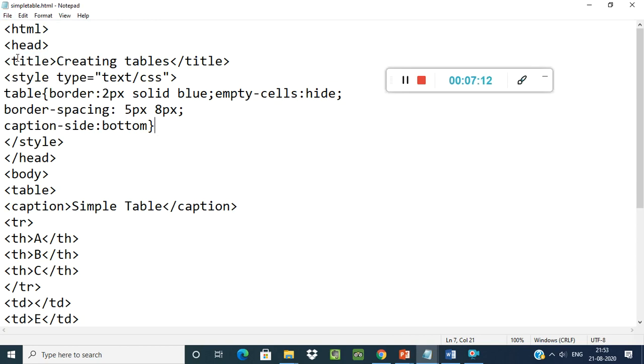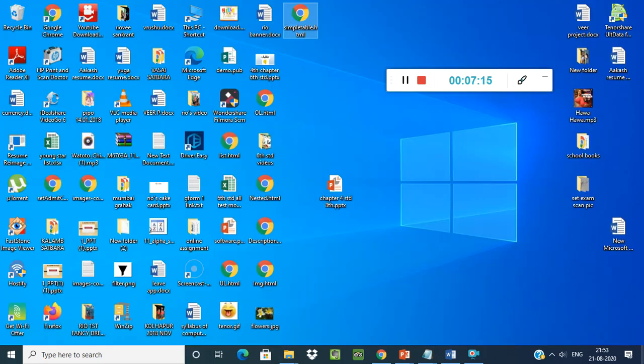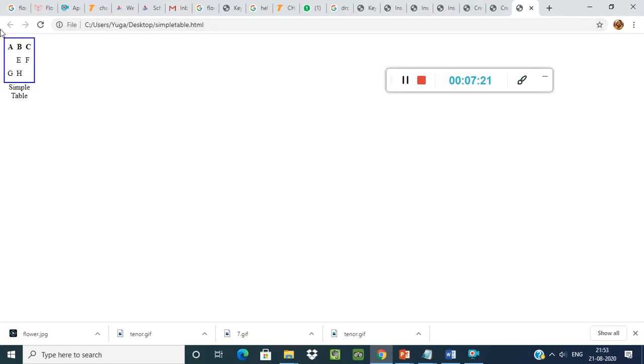Save your program, go to the desktop, select your file, double click and open it. See, the border has come. Understood how to give a border to your table? In my coding file, caption side is bottom.